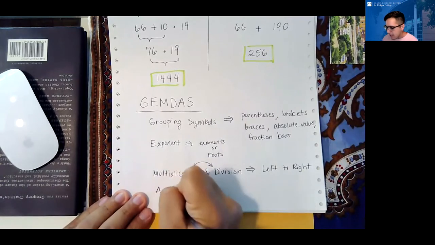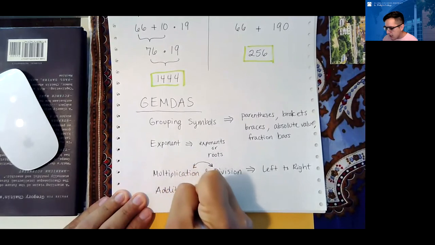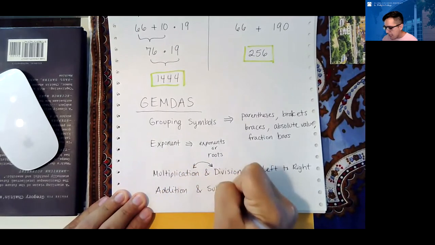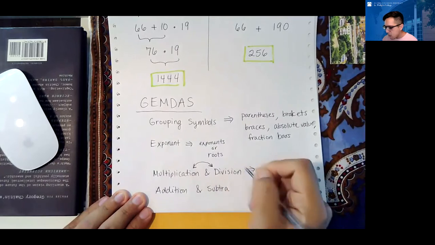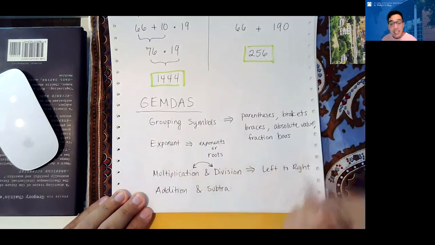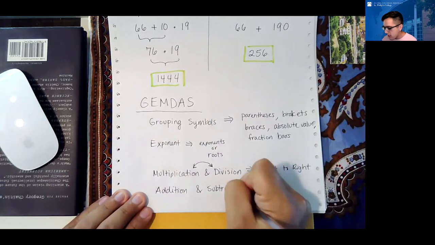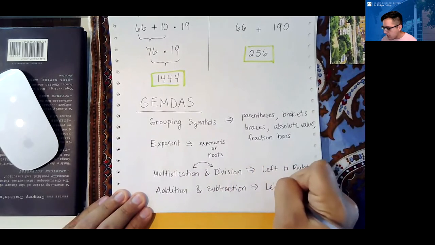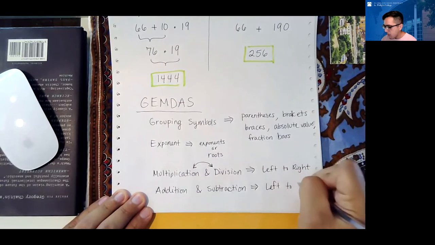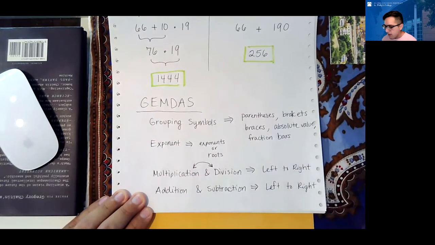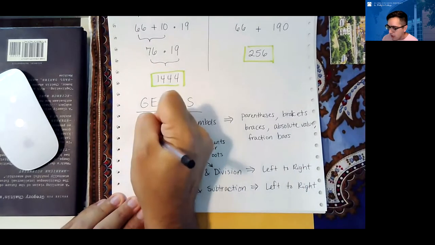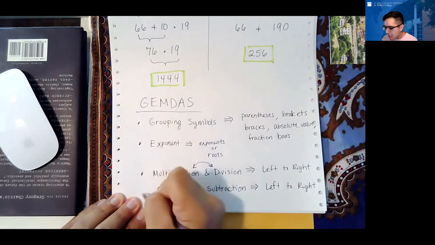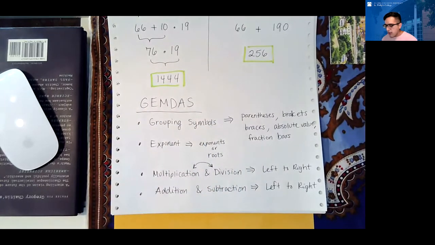The same thing is going to happen with addition and subtraction. It is not always the case that addition will come first, because it has the same priority as subtraction. So if we have addition and subtraction left over, we're going to do that from left to right. Okay, and by ensuring that we go through these steps, we should all be getting to the same simplified result,